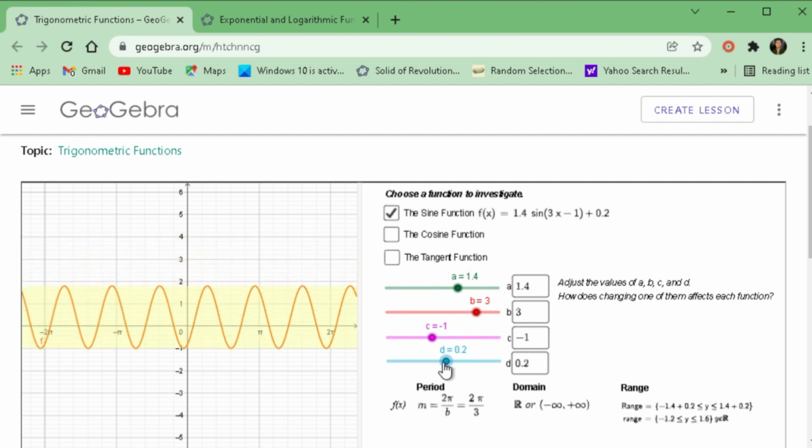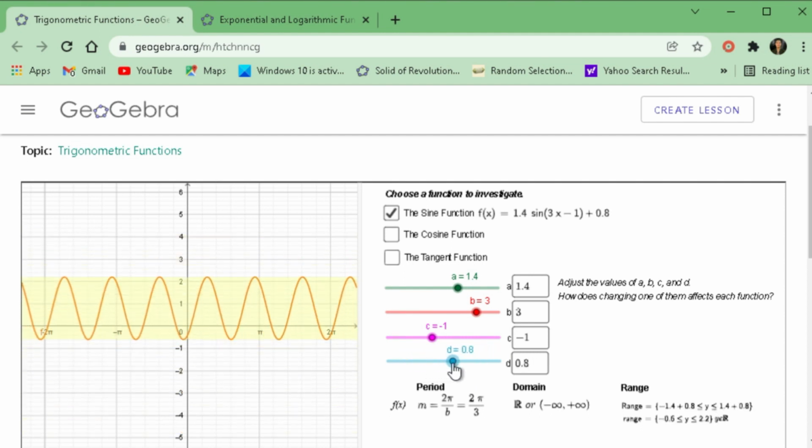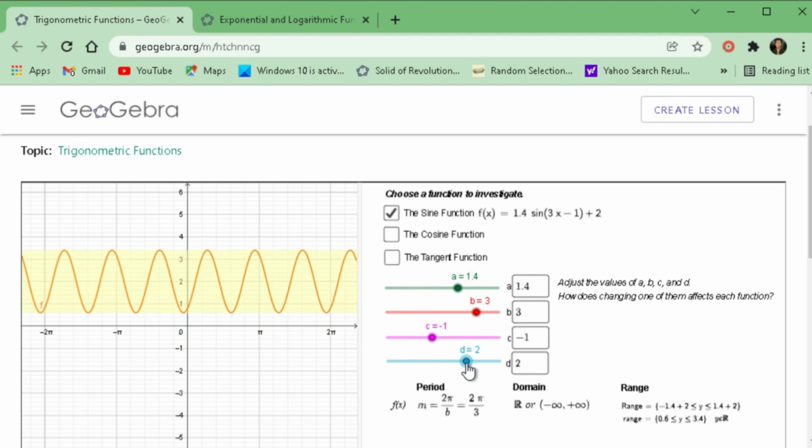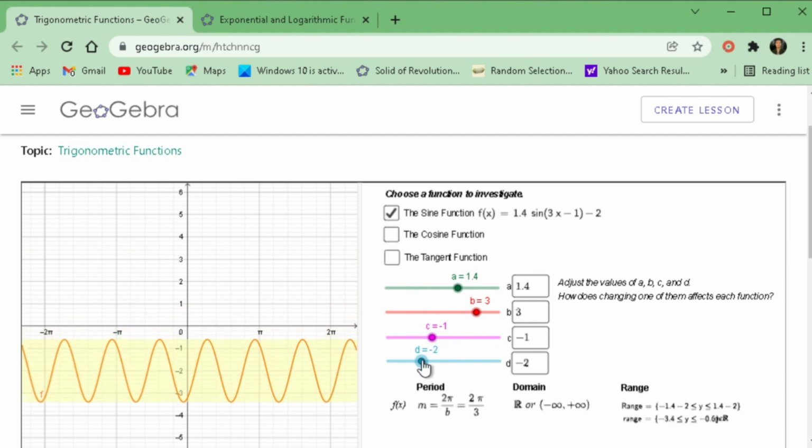Ang D, vertical translation yan, vertical shift. So it moves the graph upward and downward. So if D is 2, ang graph natin nag-move siya 2 units above. If it's negative 2, ang graph natin nag-move siya 2 units below. Let's put this one